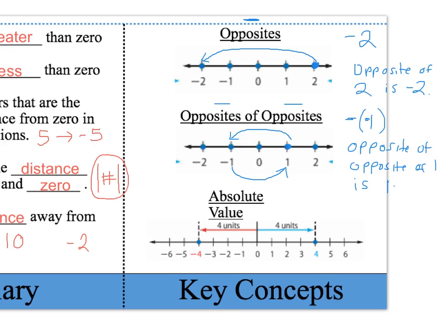Finally, absolute value. The next key concept says it is the distance away that your number is from 0. That's what absolute value means. So if I look at my little number line down here,